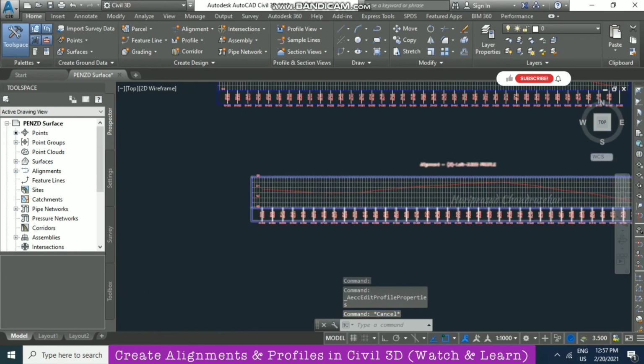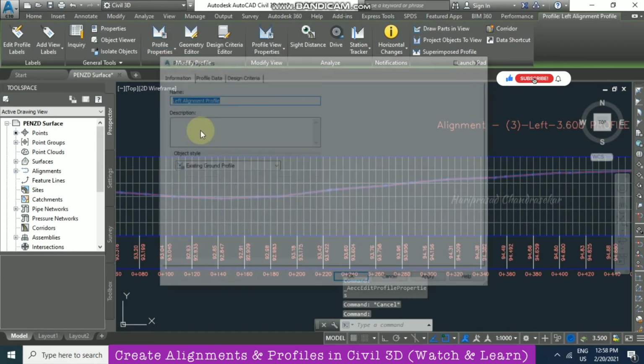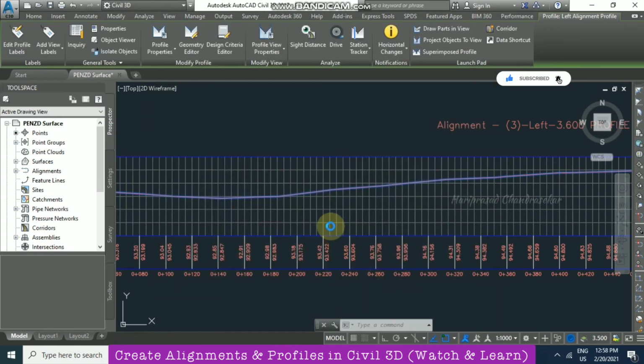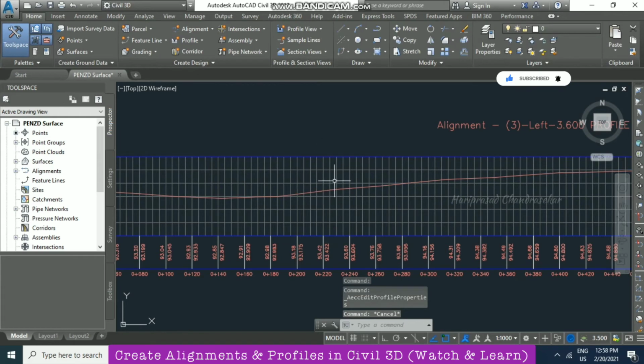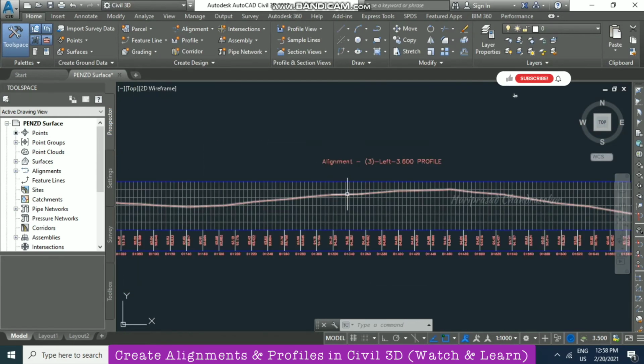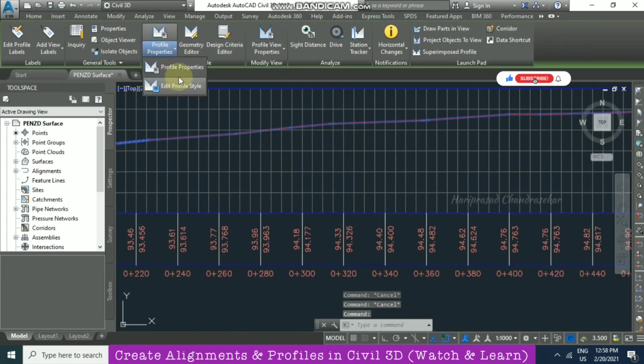Now you select this one. So left alignment profile property, you select left sample profile, and then click apply, and then OK. Now the color varies. So left, and then we can do the same for right.